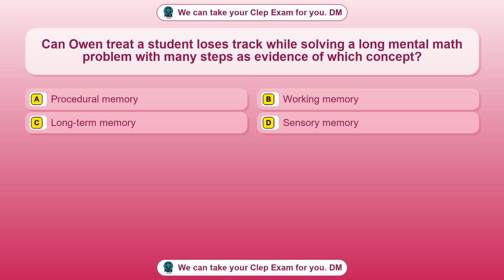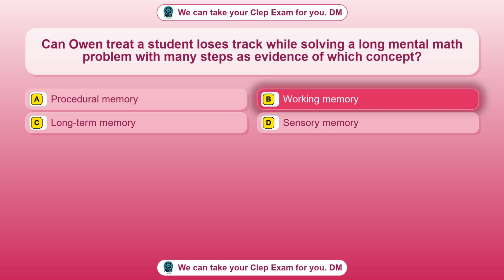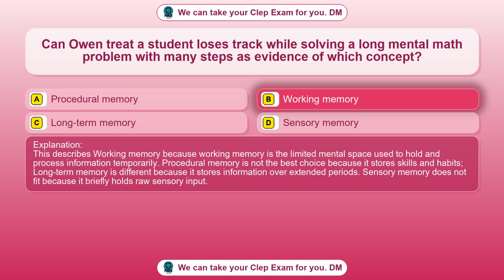Question 34. Can Owen treat a student losing track while solving a long mental math problem with many steps as evidence of which concept? Option A, procedural memory. Option B, working memory. Option C, long-term memory. Option D, sensory memory. The correct answer is option B, working memory. This describes working memory because working memory is the limited mental space used to hold and process information